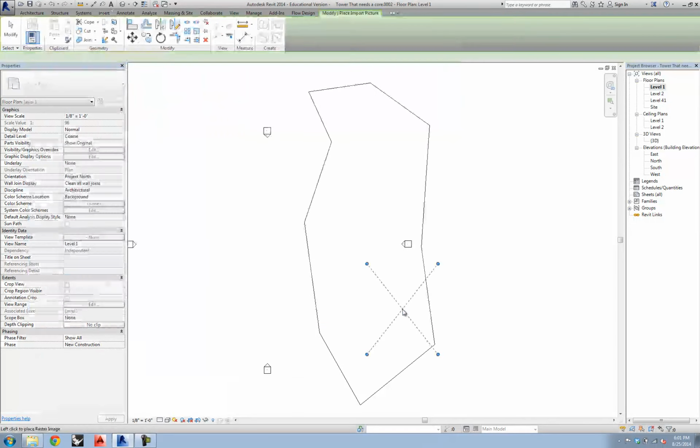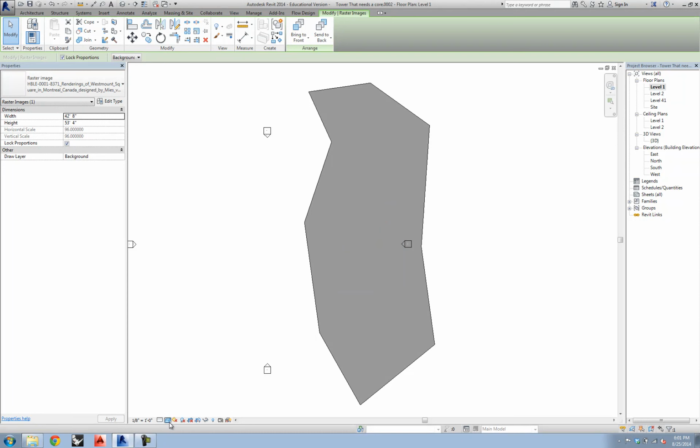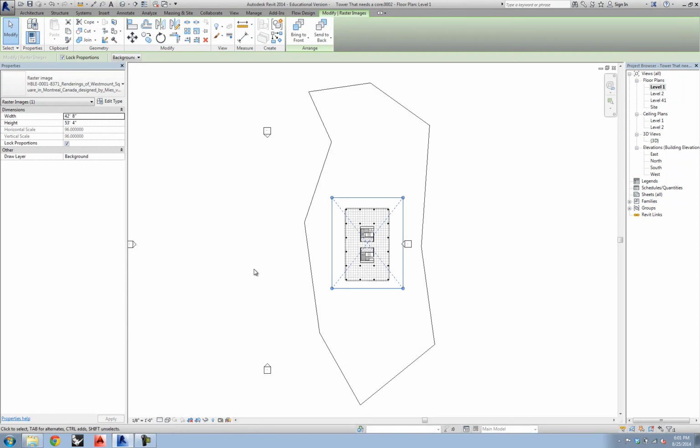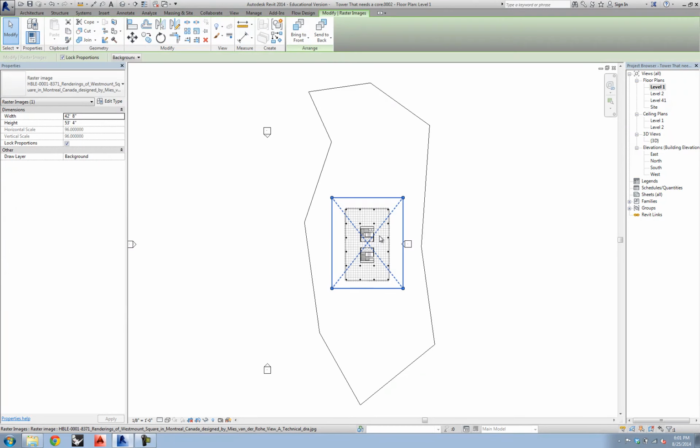As I warned you, I'm going to go pretty fast here, so just pause it if you're having any issues. You can see I can't see that image through this floor plate. There's a couple different things you can do. You can change it over to wireframe right down here. It's a visual style where you can switch between, say, a shaded view or a hidden line or wireframe. Here's my core. I'm going to go ahead and do it vertically this time just to mix it up so